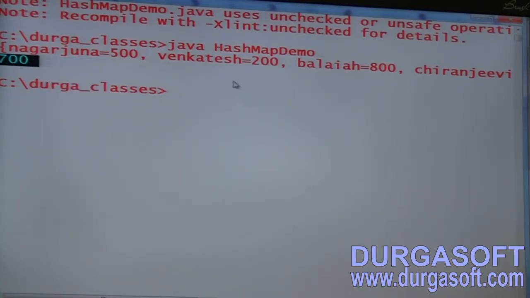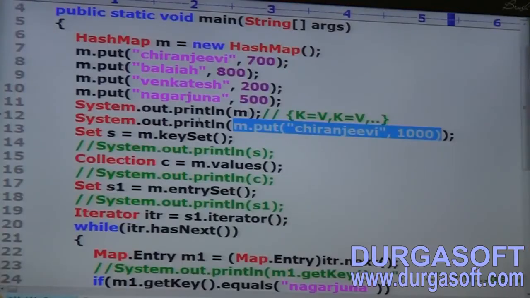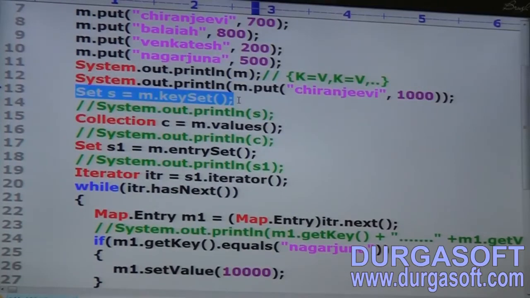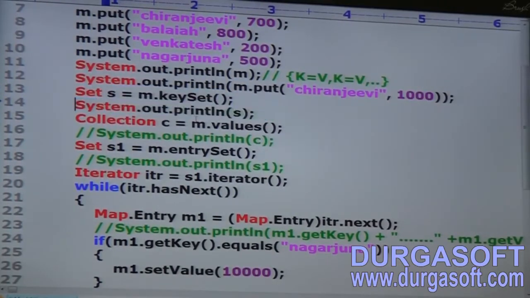Any explanation is required? Okay, next one. Set S is equal to m.keySet(). Oh map, can you tell all your keys? Now I am going to get only keys. Sir, is this S a map or a collection? Collection, right? That's why the output is coming in square bracket style: first key, second key.